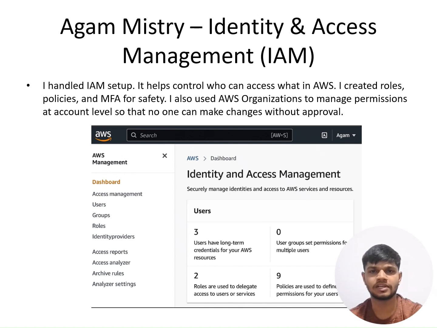Here's my role. My main responsibility was the identity access management configuration. IAM is critical because it determines who can access which AWS service and under what condition. I began by setting up IAM users, roles, and policies to assign the least privileges necessary. To enhance security, I implemented multi-factor authentication for all admin and root users. We also used AWS Organizations to centrally manage permissions across multiple accounts, ensuring that no one could make changes without